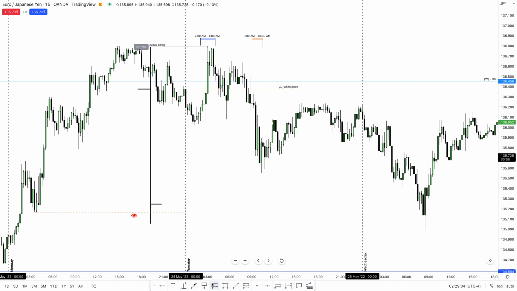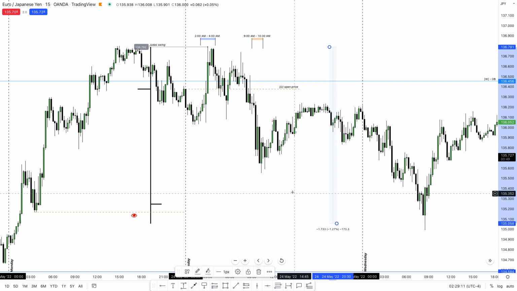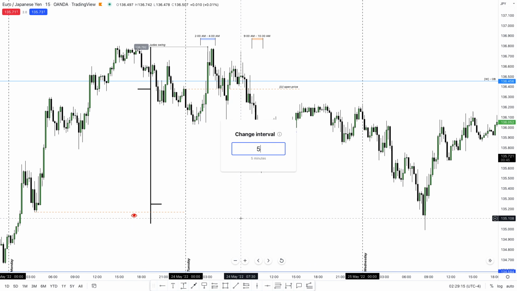Okay, and also the range from the high to the low, it's 173 pips. Okay, so that's the range we have that we're looking at. So if we go to the 5-minute chart,